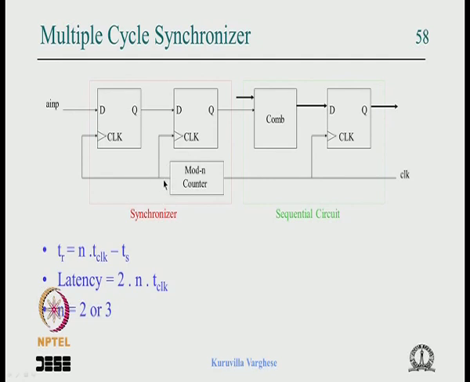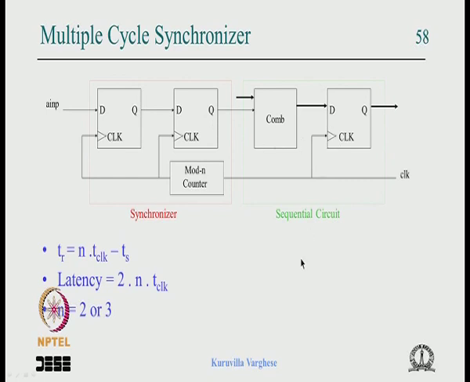Now you see that this clock is coming with a delay of this counter, and this clock comes early. So if you analyze this path, the available time is not T clock minus T skew. The skew affects very badly because it eats into the time available. Now it is not that T clock is greater than TCQ plus T com plus T setup. It is T clock minus T skew that should be greater than